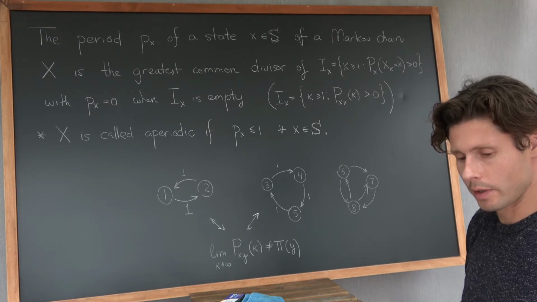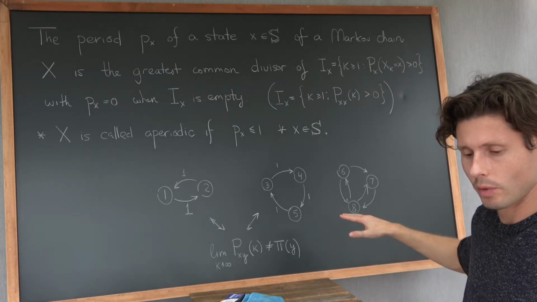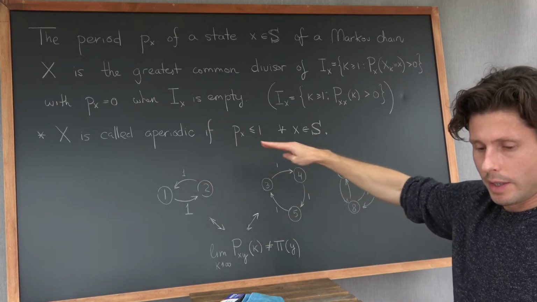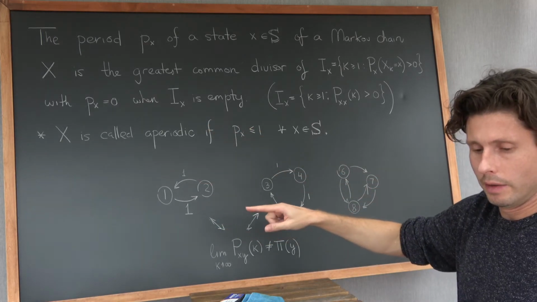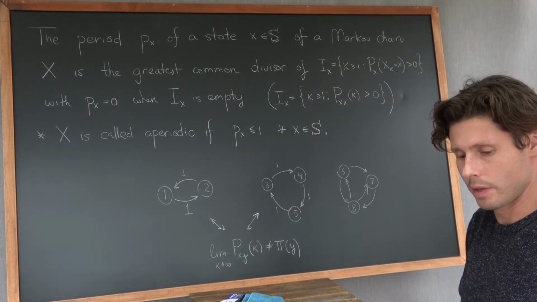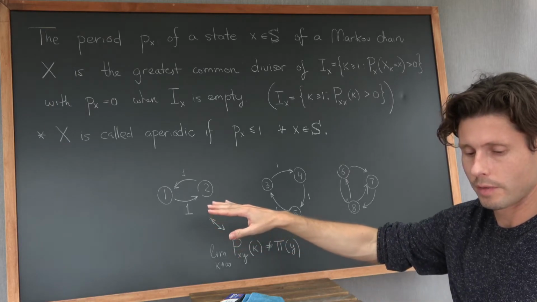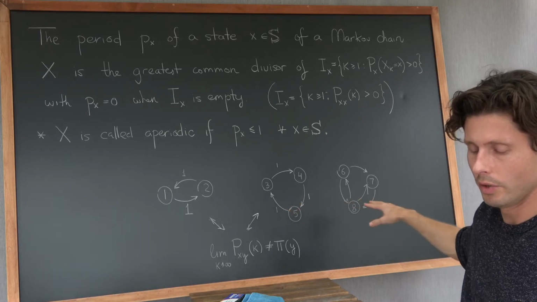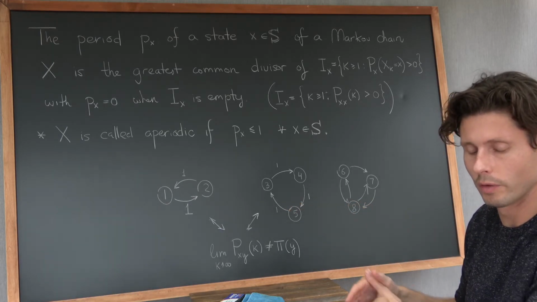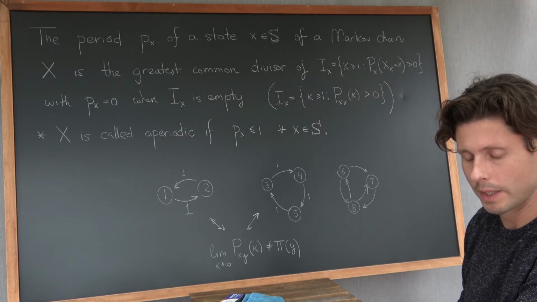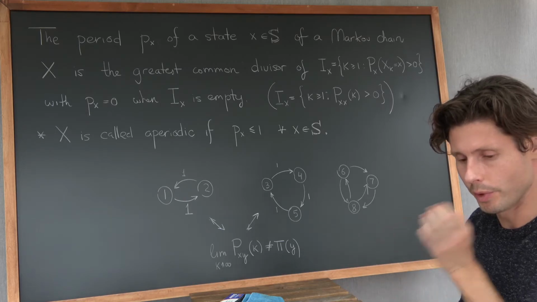There are a few more things I want to say. One could ask, what is the period of this chain? You can consider this entire set of states as one Markov chain, right? And you can see how there's no unified definition for the period of this Markov chain. There are some subsets of states that have period 2. Here you have a section that has period 3. Here you have a section that's aperiodic, right? So there's no way to define a period for all of the states or for the entire chain, but it is possible to do it on a per state basis.